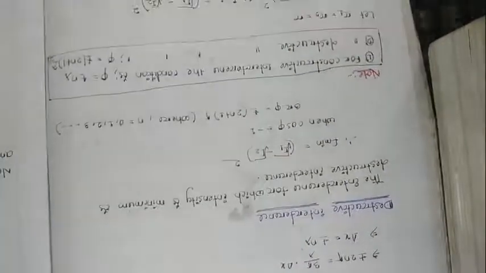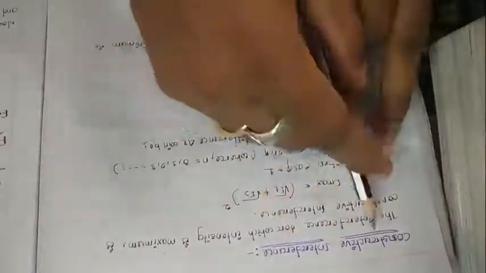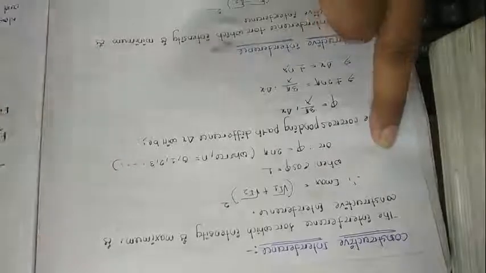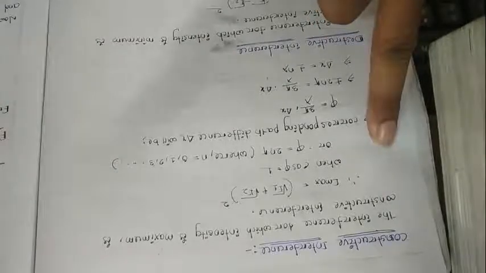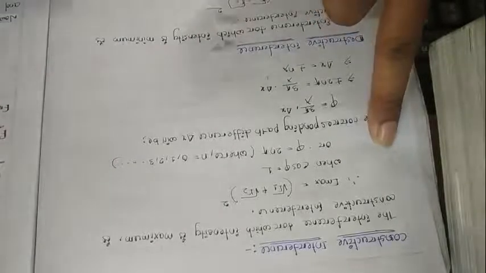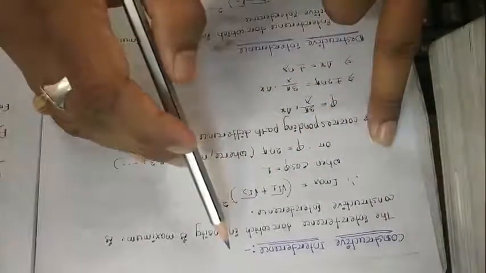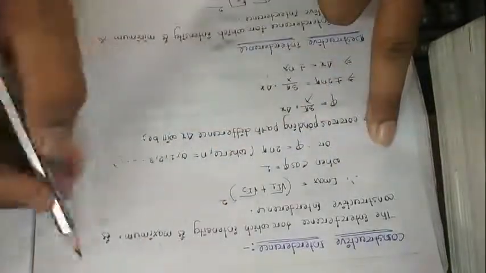On the basis of that, if the intensity increases, that is called constructive interference, meaning the waves are constructively superimposed with each other. The two waves superimpose in such a way that the resultant intensity increases. That is nothing but constructive interference. So the interference for which the intensity is maximum or increases is called